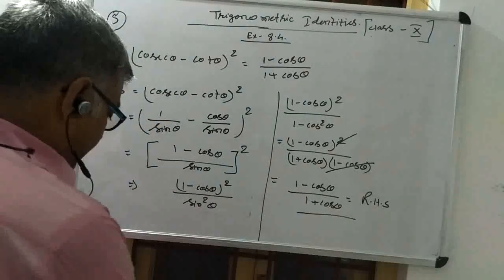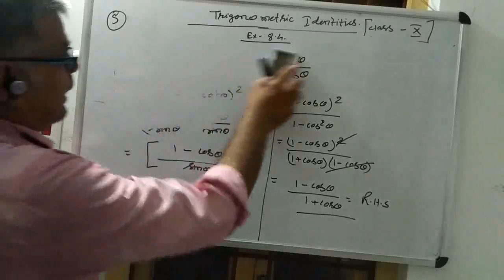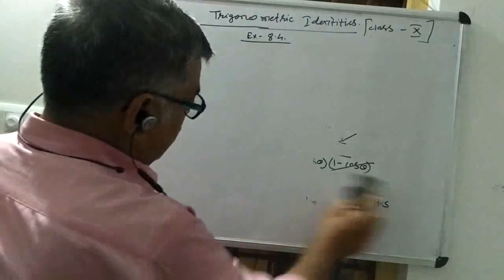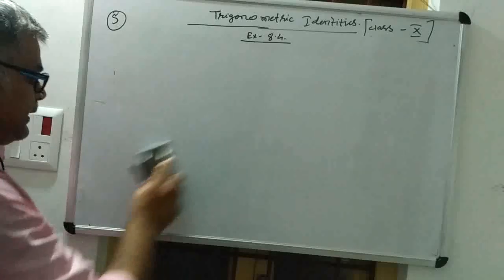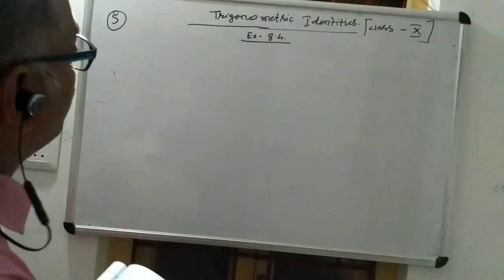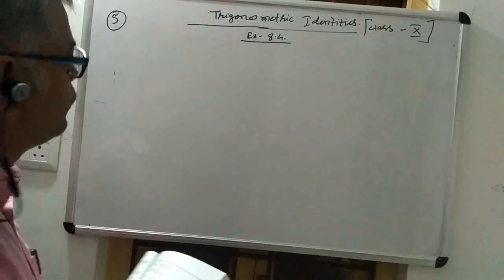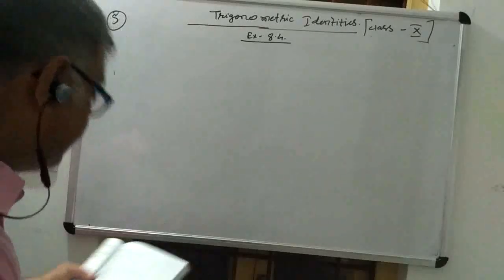Now we are taking the second question from 5. Let's see another identity, how it will be proved. The NCERT book comprises identities, all very important from the examination point of view. So you must practice or solve each and every identity.